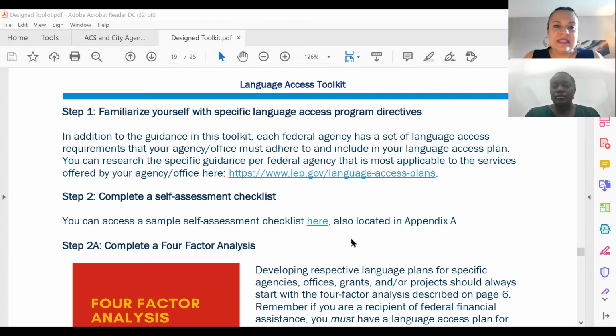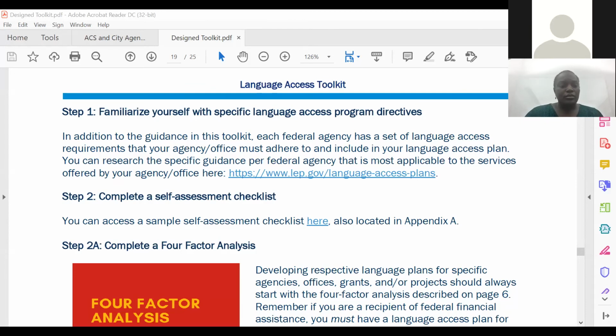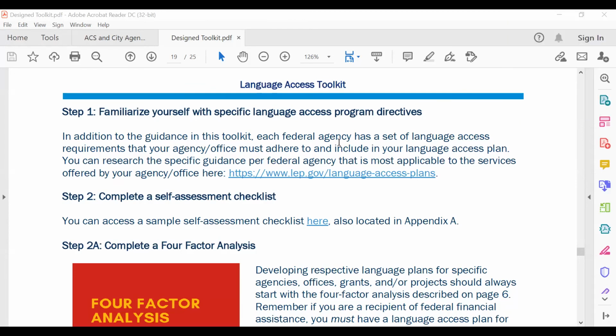So now we're actually inside of the language access toolkit, and we're going to walk through a couple of the steps that we talked about. The very first one is, again, familiarizing yourself with program directives. And the team had talked about